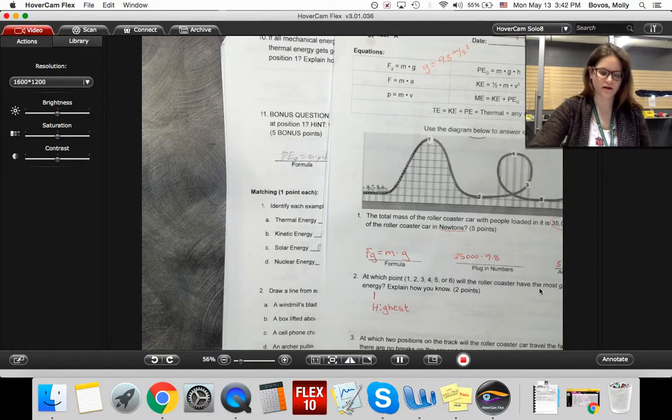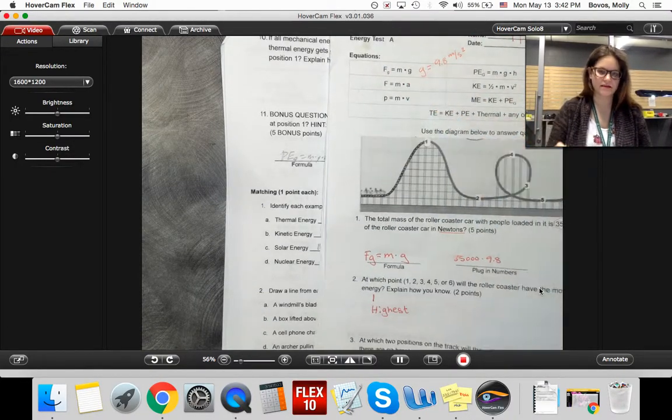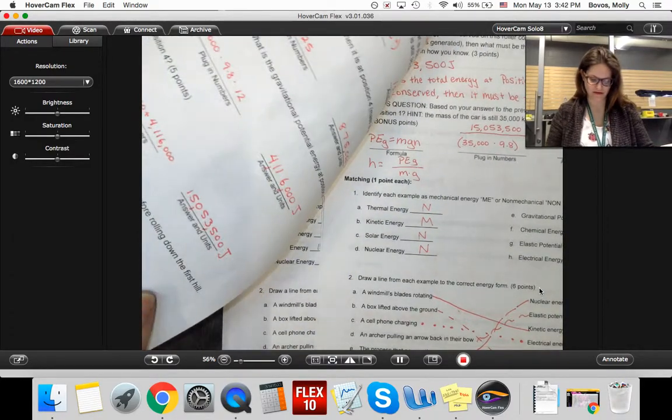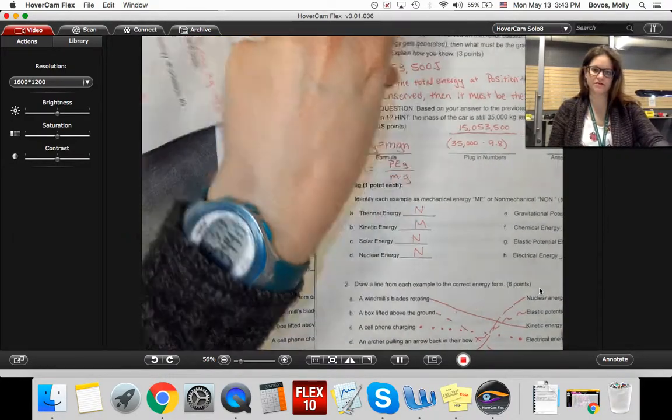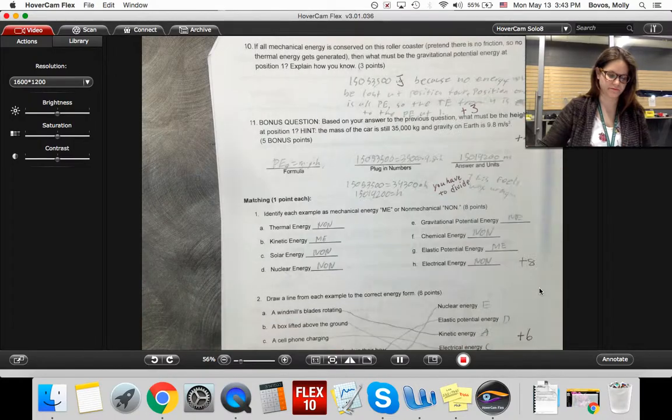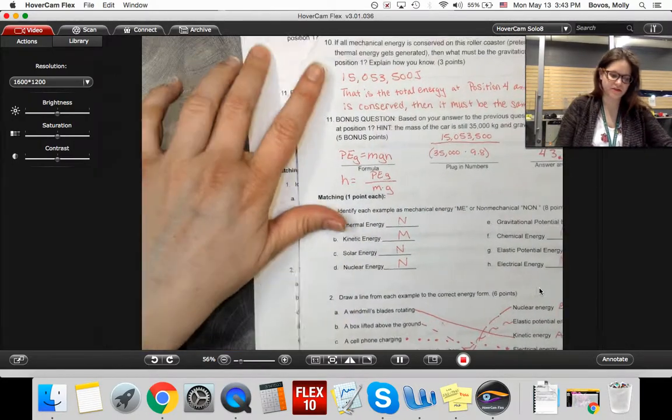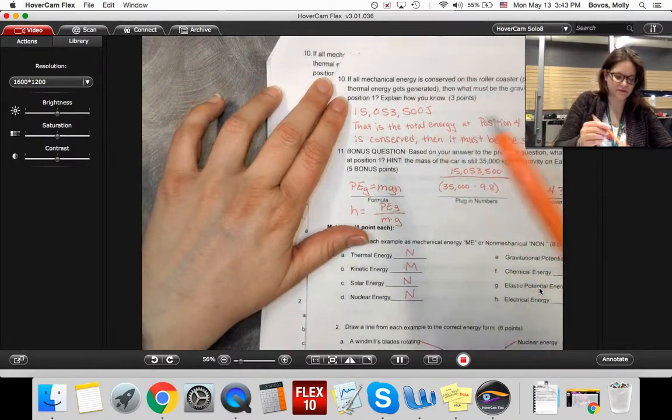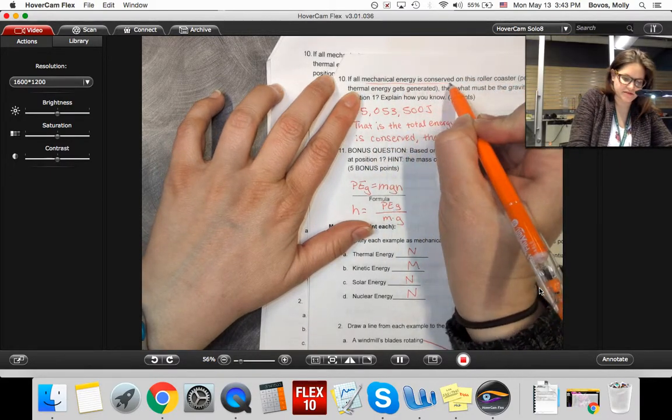So we are on Energy Test A. This is page 3, so we are moving on to starting at question 10. Okay, so on question 10, what we're trying to get to is if the mechanical energy is conserved on this